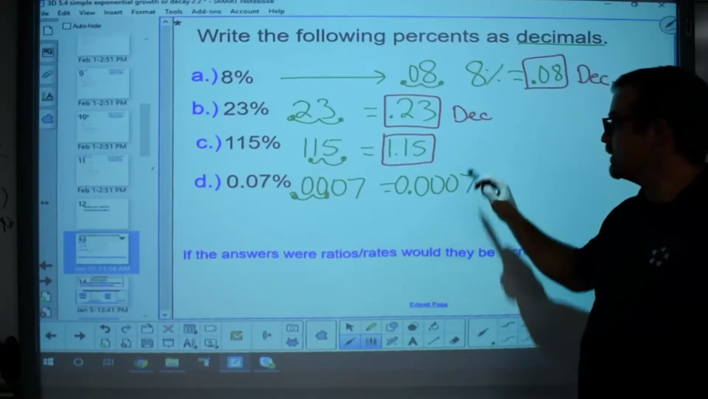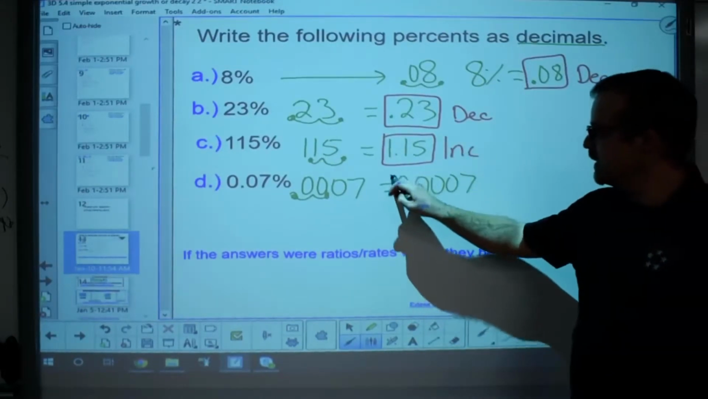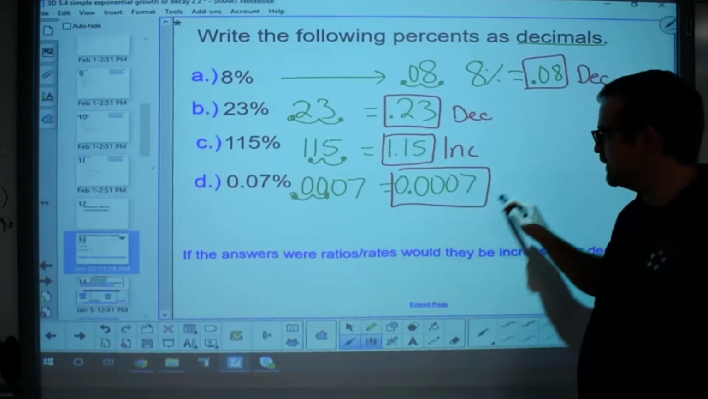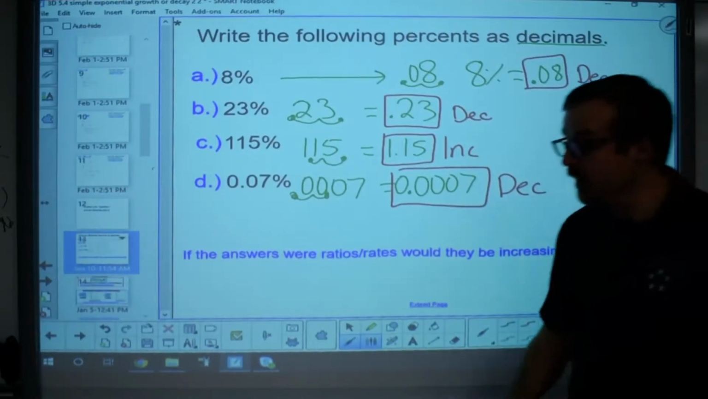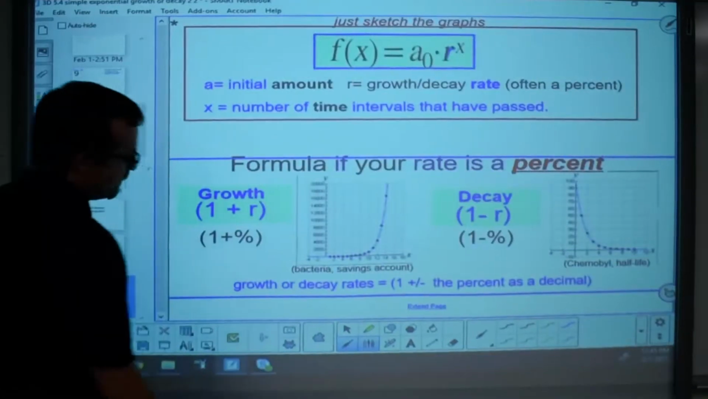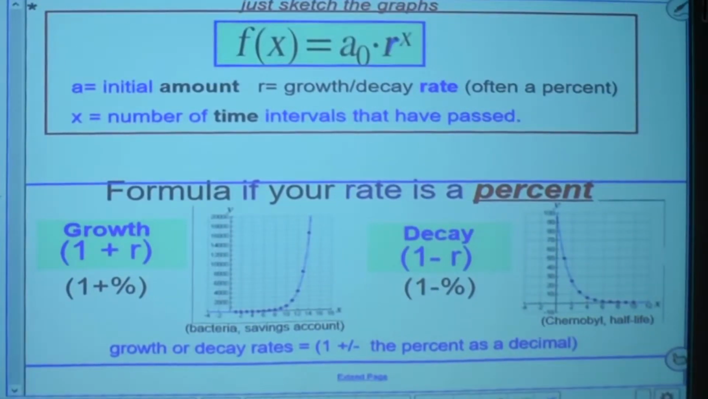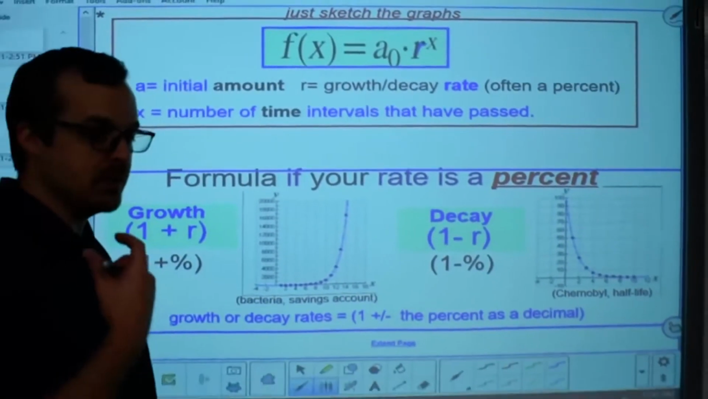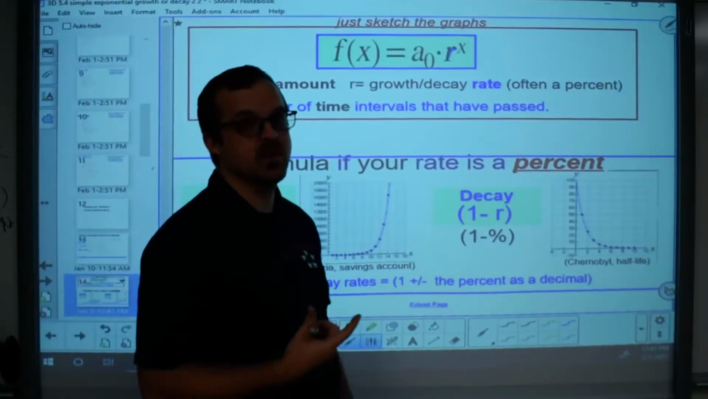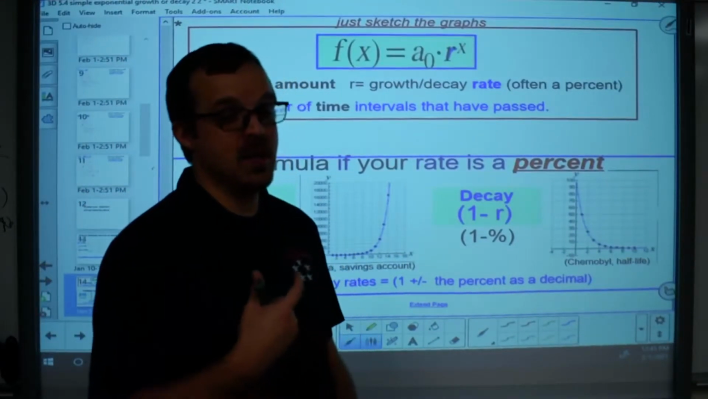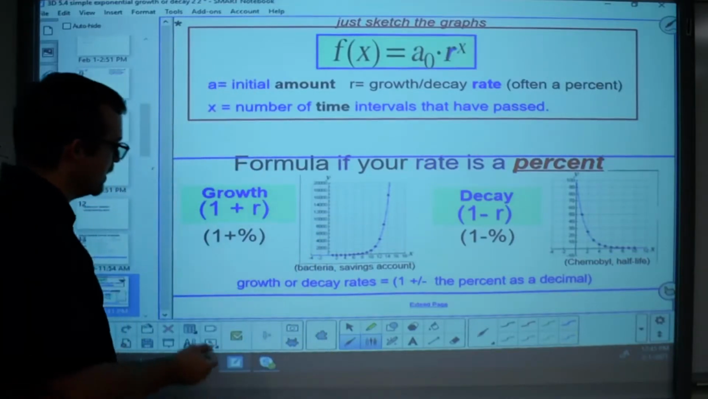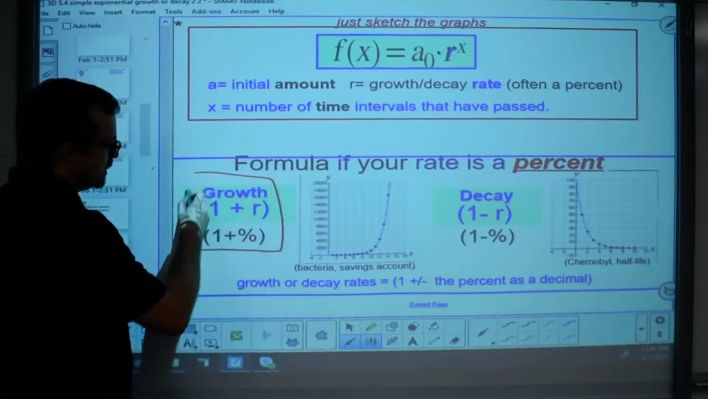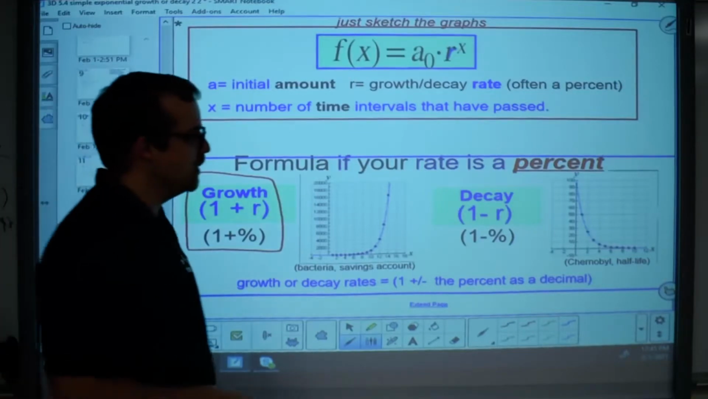1.15 is bigger than 1, so this is increasing. And then 0.0007, that's definitely smaller than 1, that's decreasing. Let's move on. And you definitely want to pause the video and write this stuff down, because now we have to learn how to convert percents into ratios. Percents into ratios is a lot more to it than just changing it to a decimal. So that's actually what this is talking about right here, how to convert that to a ratio, whether it's